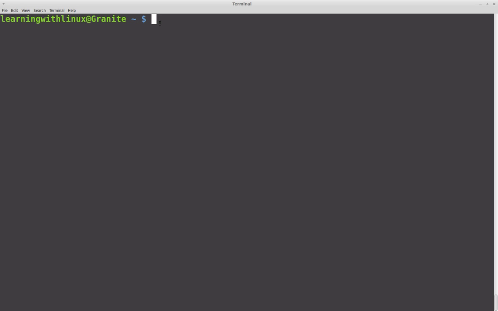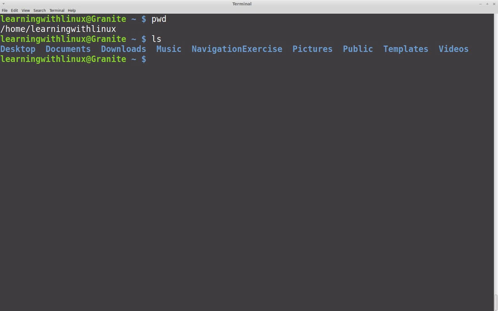Now we're going to look at where we are. Where in the file structure are we currently? The best way to do that is to print your working directory. And if you recall, that was the pwd command. And you can see we are at the root level Home Learning with Linux folder. That is where we currently are. And if I list the directory with ls, you can see all the folders that are in that Learning with Linux